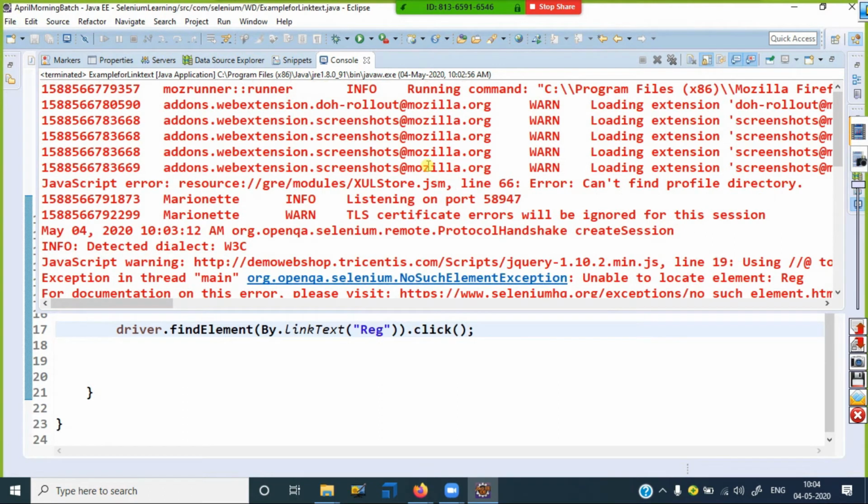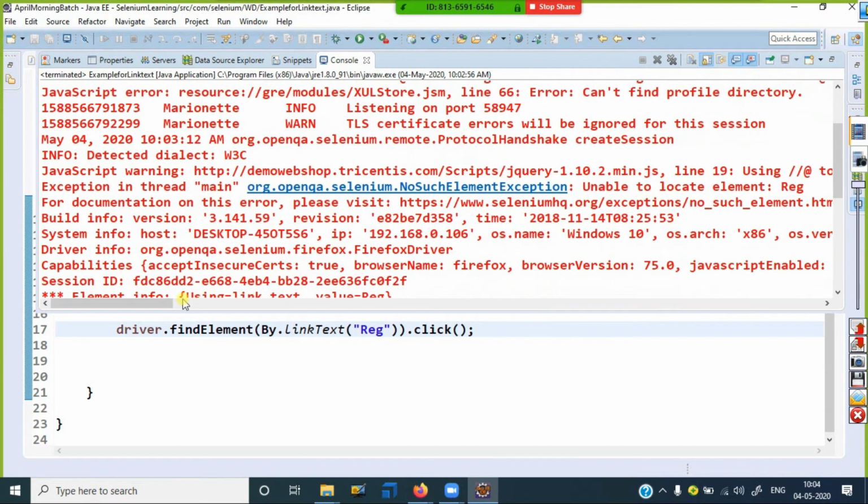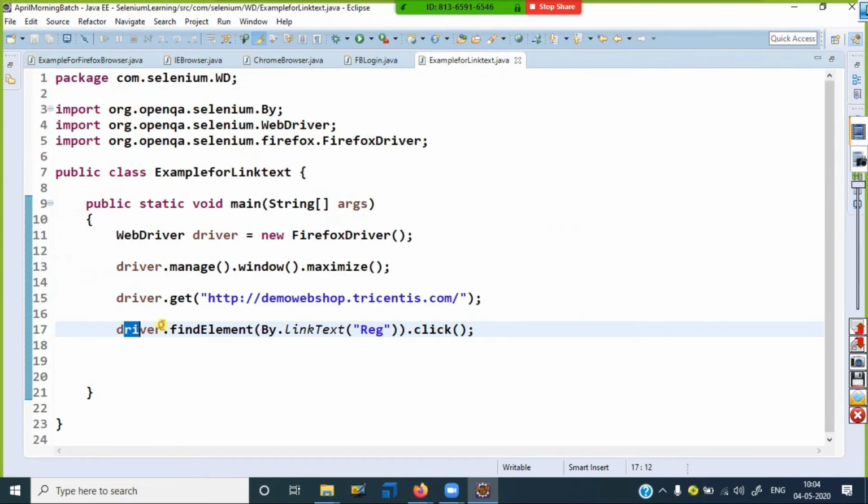If you go above, then it will give some message. See, observe what message it is giving here. Unable to locate the element REG. So, it says unable to locate. So you have an error on the 17th line, and inside that line, what is the problem? REG is unable to be identified. Clear? So this is what we are calling exact text. If you give it, then it is identifying only. This is called link text.